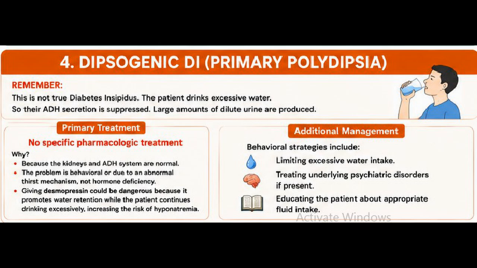Primary treatment: no specific pharmacologic treatment. Why? Because the kidneys and ADH system are normal. The problem is behavioral or due to an abnormal thirst mechanism, not hormone deficiency. Giving desmopressin could be dangerous because it promotes water retention while the patient continues drinking excessively, increasing the risk of hyponatremia. Additional management. Behavioral strategies include limiting excessive water intake, treating underlying psychiatric disorders if present, educating the patient about appropriate fluid intake,